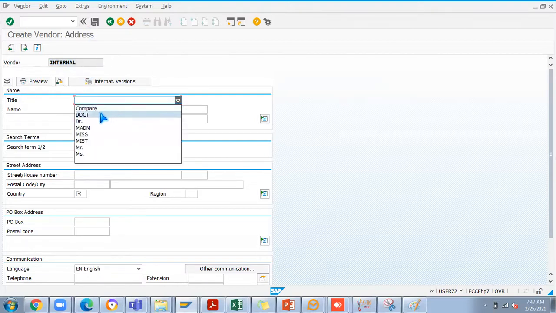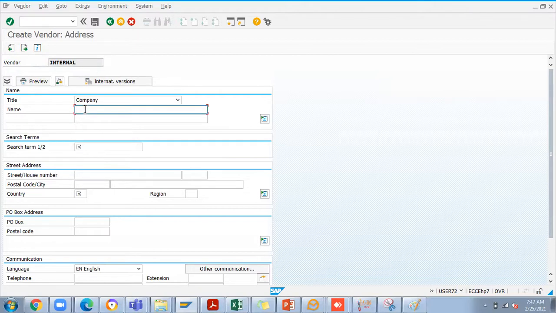Okay, now I'm going with the company name, I can say Steel Sol Private Limited. These are vendors for the JSW plant, where JSW is only a manufacturer of steel and all, so it is not required to procure from outside.